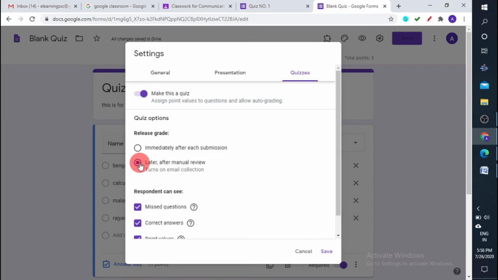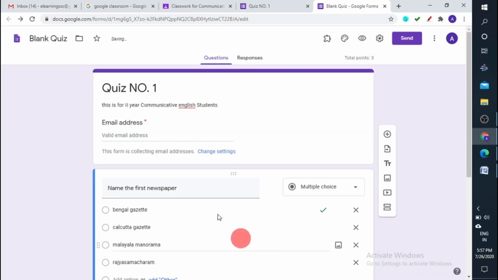Once you manually correct it, you can send it back to them, like we did in our assignment. That option is also possible. Here I just gave 2 MCQs. For me, immediately after each submission is fine. You can change it in the settings.